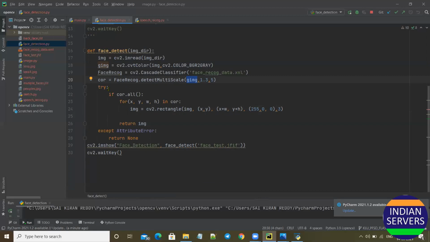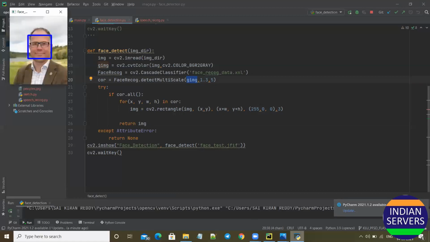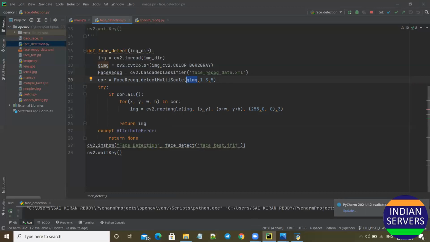Here I used try and except. If the image is good, which has faces, it comes to the try block, and in that I used the cv2.rectangle method to draw a rectangle on the image and return that image. In this output we can observe the face detected. It returns the image. If the image is not there, it gives a message. I'm going to change to another image.